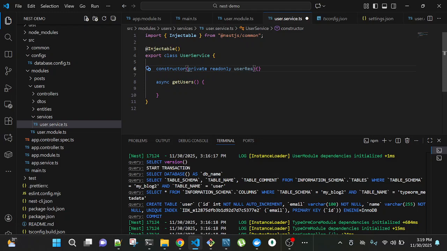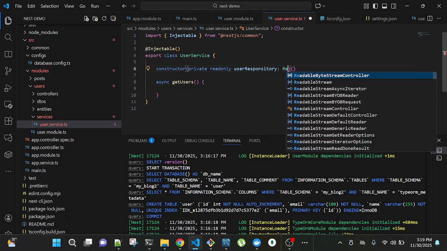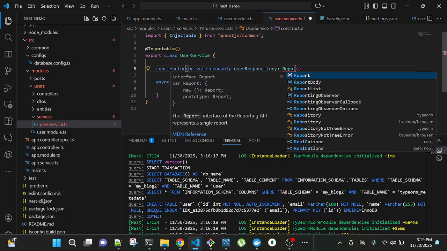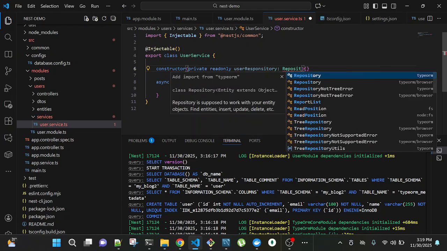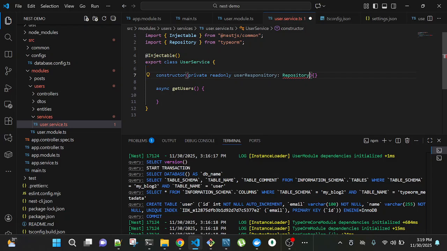I'm going to create a variable called user repository, right? I'm going to import a type here, Repository, from TypeORM. This repository is a class that has the full CRUD methods of create, read, update and delete.